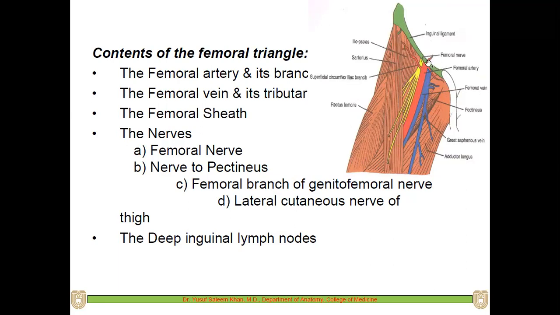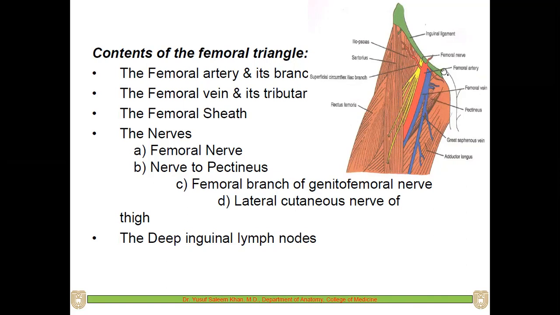Within that, one of the most important structures is the femoral artery and its branches. In branches, you can see here, this is the superficial circumflex iliac artery, then the epigastric artery, then the pudendal artery, all those. Along with that, just beside that, there is the femoral vein, and here is the great saphenous vein opening into the femoral vein. So this great saphenous vein is the main vein of the lower limb. It will drain into the femoral vein. From there it will go up. Okay, so this is the femoral artery and the femoral vein.